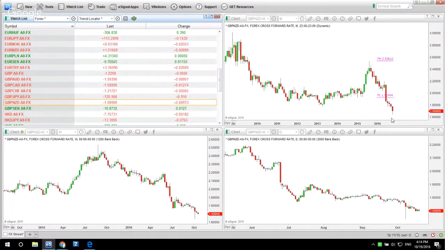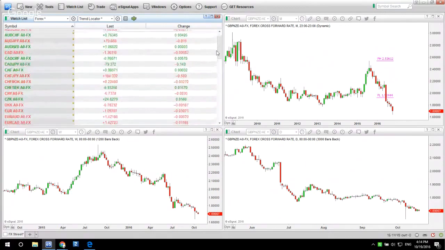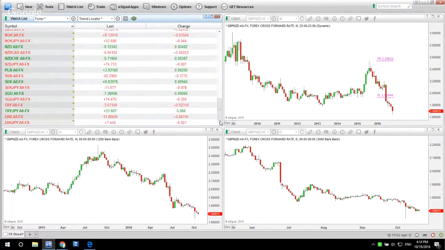So what have we done? We've gone from 50 to 60 currencies that make up my whole watch list. We've then narrowed it down to the group that is outside of the pink line. So that's all the pound currencies. I then want to narrow this down further and choose the best 2 or 3 that are worth trading.